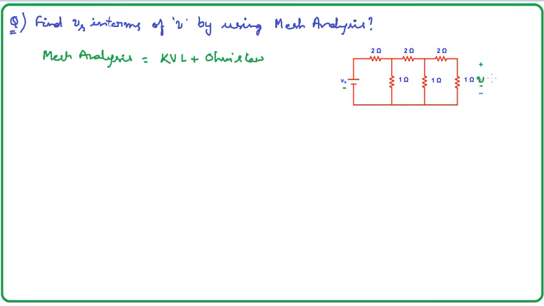As we are using mesh analysis, the first and foremost step is we need to consider three loops here. Loop means there should not be any other things. Maybe loop is different and mesh is different. We need to consider meshes here. Mesh means the least loop. This part may be a loop. Loop means a closed path of flowing current.